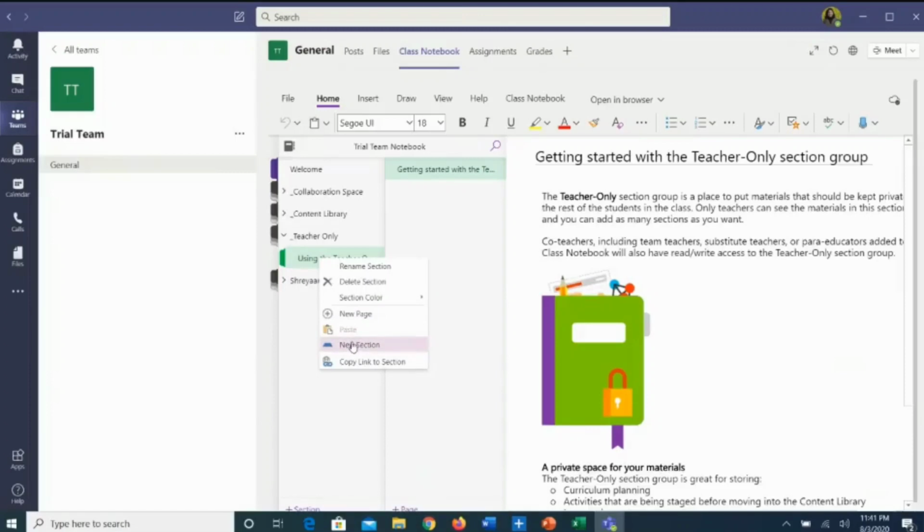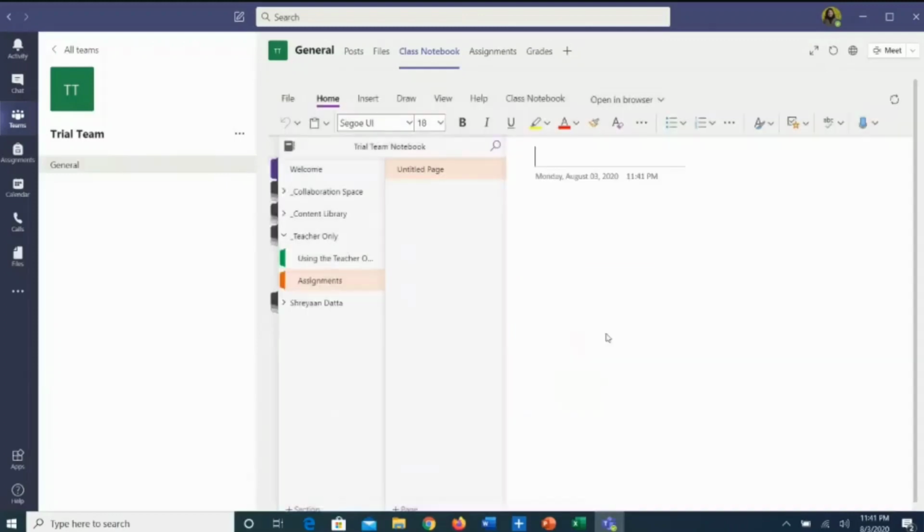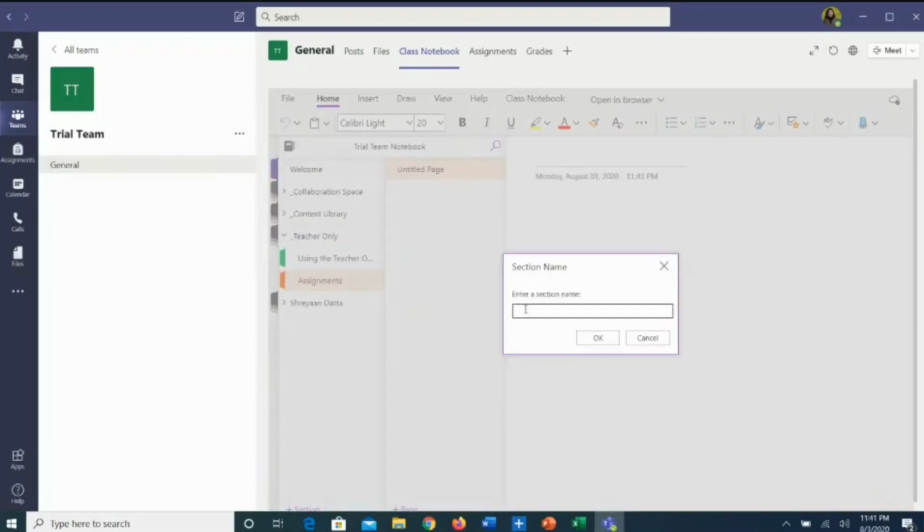Now when I add a new section, I'll just click on this and I can enter the name of the section. So I'm entering the assignments here, and then I click on OK. So the assignment button is added. I could have changed the color also, but I go on to a new section now, and this new section I name as the homework.